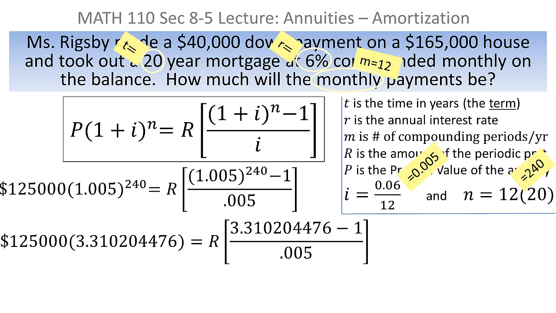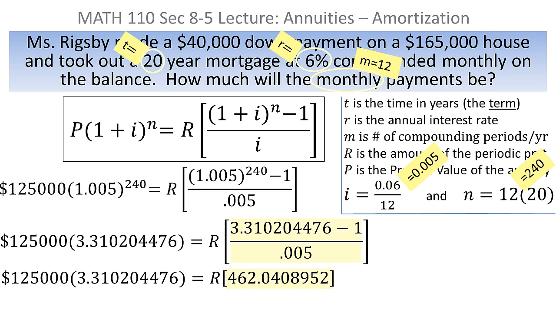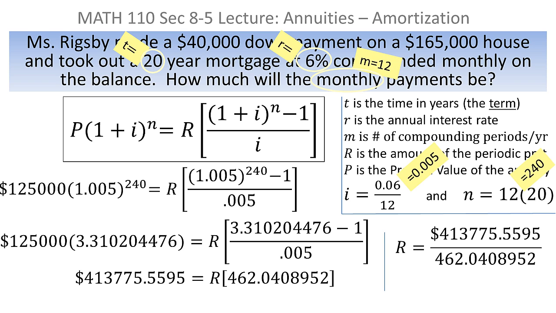Now I'll tackle the fraction on the right. I want to do the calculation, subtract 1 from the number up top, divide it by 0.005, and that comes out to be 462.0408952. On the left, I need to multiply those two numbers, and I get 413,775.5595. And finally, divide both sides by 462.0408952, and we'll end up with